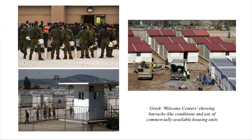But let's go back now and take a look at the registration centers that is often the first experience of the refugee. And I'm showing you examples in Greece, but you will find very similar examples in Italy and Spain and elsewhere. You find this sort of thing in Jordan and Turkey as well. This is actually a more polished example of a kind of governmental facility at a point of arrival. What you see here are Greek police officers,